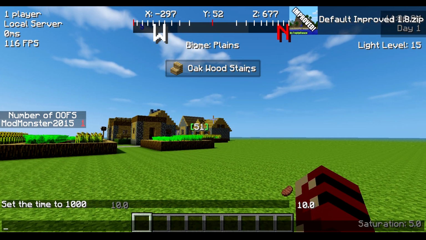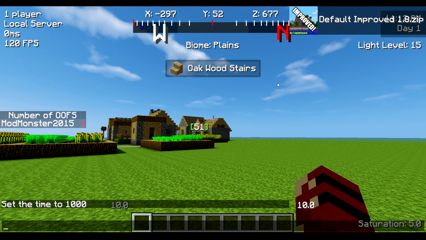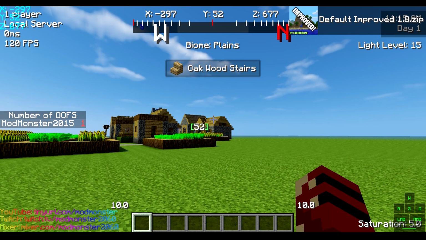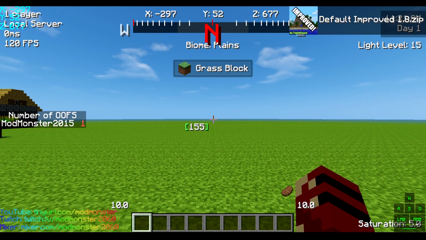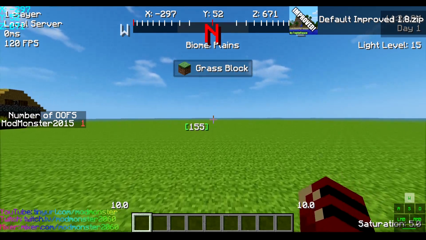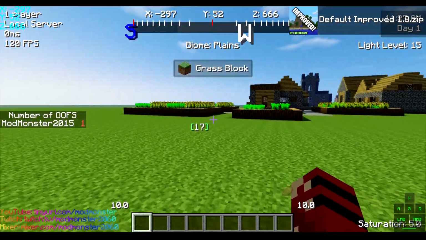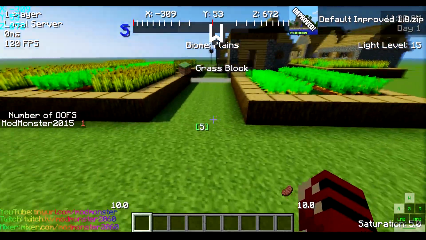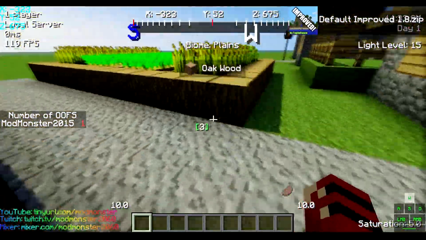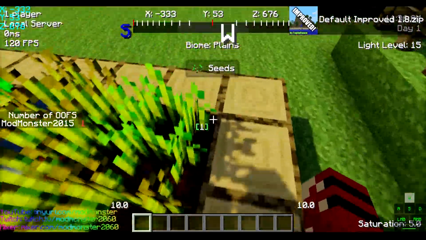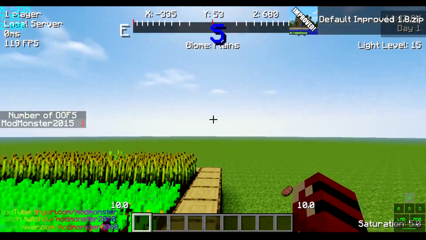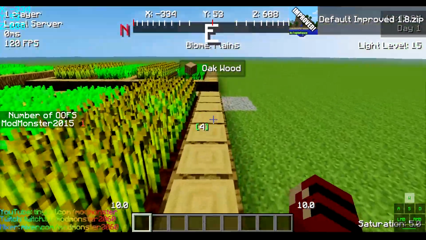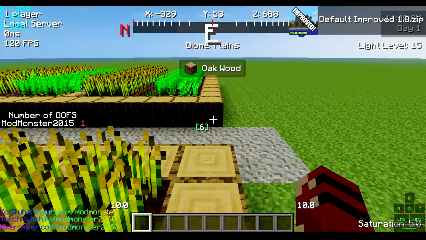It will tell you with this little Waila-like menu. Yeah, who needs Waila anymore? It'll tell you how far away the block that you're looking at is. So we can see that if I look right on the horizon, that block is 155 blocks away. We can see a lot of information that you could not see normally. We can see our saturation, our hunger levels, and lots of stuff like that. So let me just really quick tell you how we can configure it.